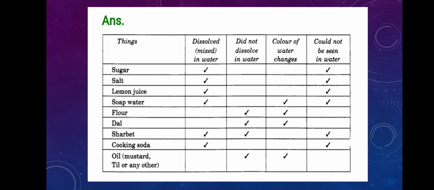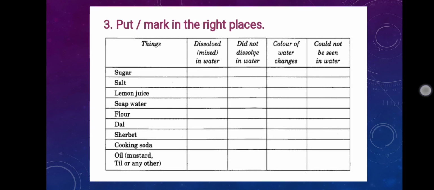Okay, so you will just take all those things in your house. You will put some in a glass. Some of the things you will take, obviously, with your guardian's permission, and you will arrange those things. You will take 5 to 6 glasses of water, and all these things you will mix in the water with the help of a spoon or any other thing, and you will observe which one is mixing properly, which one is not mixing properly, which one's color is changing, which one's color is not changing, which is not seen in the water after mixing. So these types of experiments we have to do.